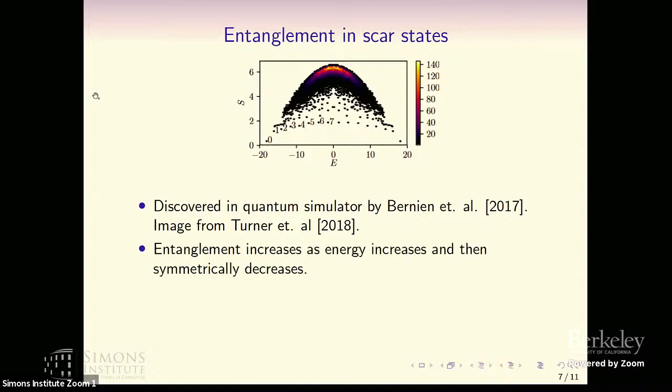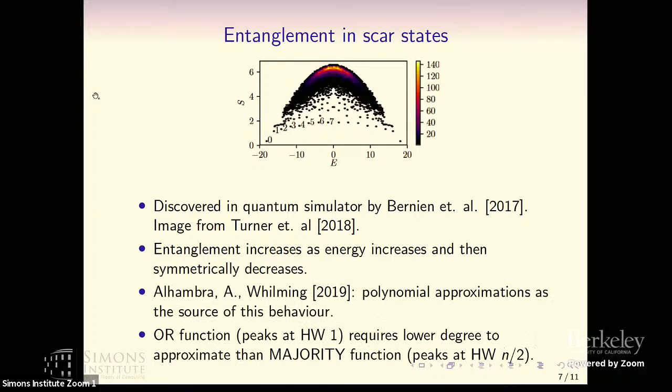So we explained, so this is what happens. The entanglement increases in a nice way and then decreases again. In a recent work, we explained this phenomenon using polynomials again. This is not Chebyshev polynomials, but these are related polynomials. And I guess if I were to give a one-line statement to computer scientists here, especially those who are familiar with approximation theory,